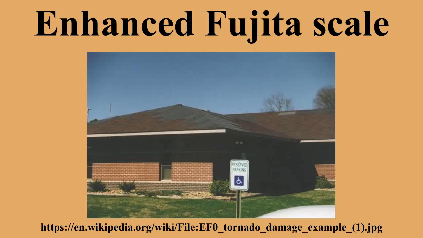However, for the actual EF scale in practice, damage indicators are predominantly used in determining the tornado intensity, along with degrees of damage. The EF scale currently has 28 damage indicators, or types of structures and vegetation, each with a varying number of degrees of damage. Larger degrees of damage done to the damage indicators correspond to higher wind speeds. The links in the right column of the following table describe the degrees of damage for the damage indicators listed in each row.